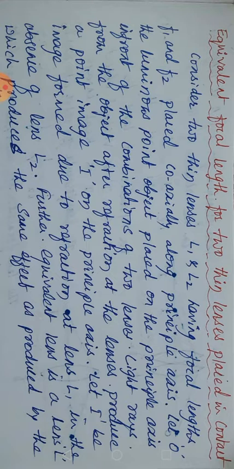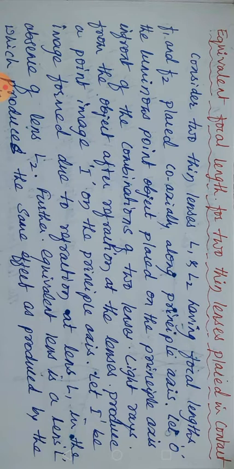Likewise, here also, if f1 and f2 are the focal lengths of two thin lenses placed coaxially in contact, then the reciprocal of the equivalent focal length is equal to the sum of the reciprocals of the focal lengths of the individual lenses. That is the final relation we are going to get. From the examination point of view, this question has been asked in the examination. You need to write some explanation in connection with the ray diagram as well as the derivation part.